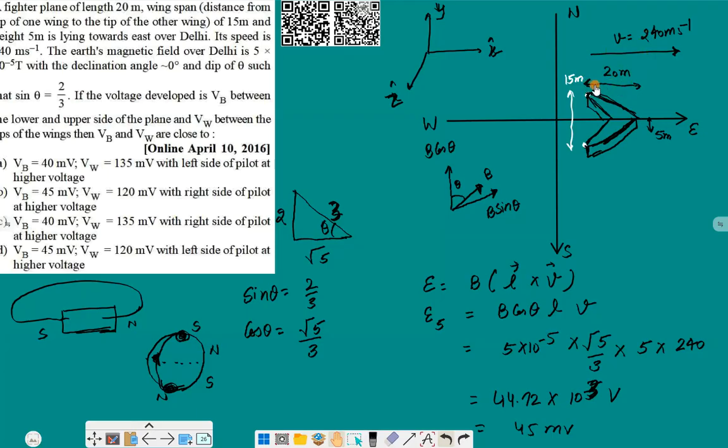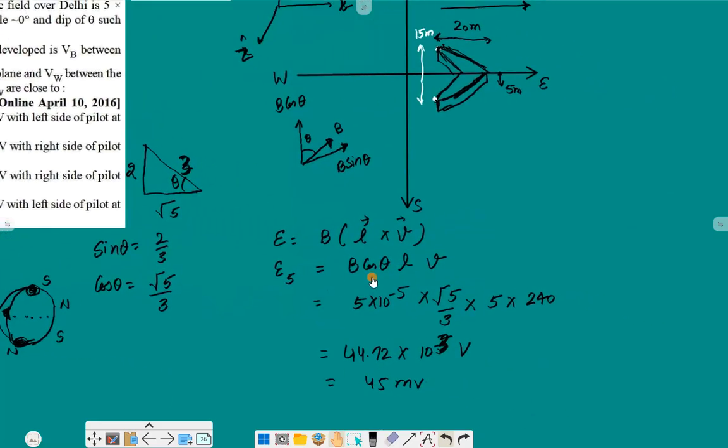So again in this 20-meter length there will be no potential drop, but along this 15-meter length there will be potential difference, because here velocity is in x, length is in y, and magnetic field in z. So all of these three are perpendicular to each other, so there will be an induced EMF, and